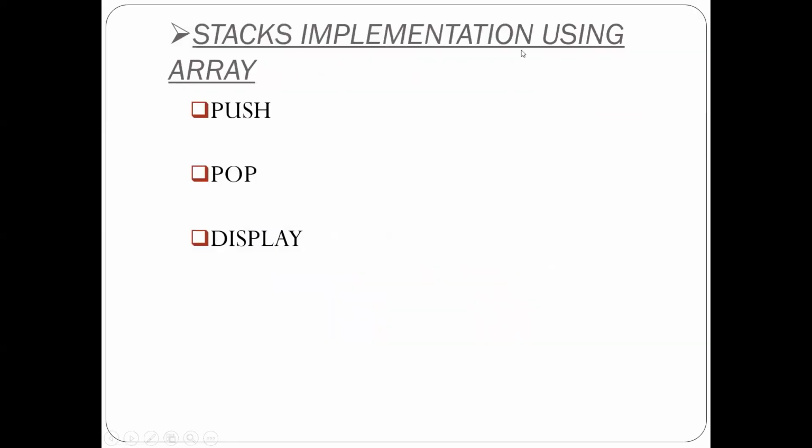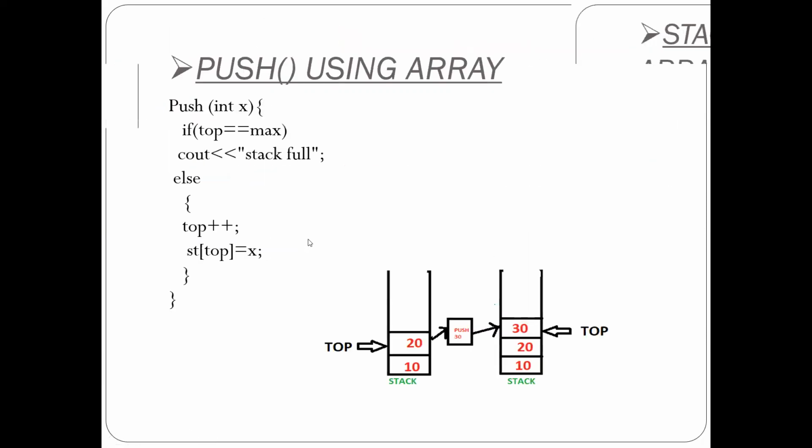So now the stack implementation we can do with the help of the array and with the help of the linked list also. Both ways we'll see here. So we'll see the operations push, pop and display using the array and using the linked list now. So this is using array. Using array is nothing but what? It's very simple. Only one array we have to take here to hold these stack items. And one top end we have to take here.